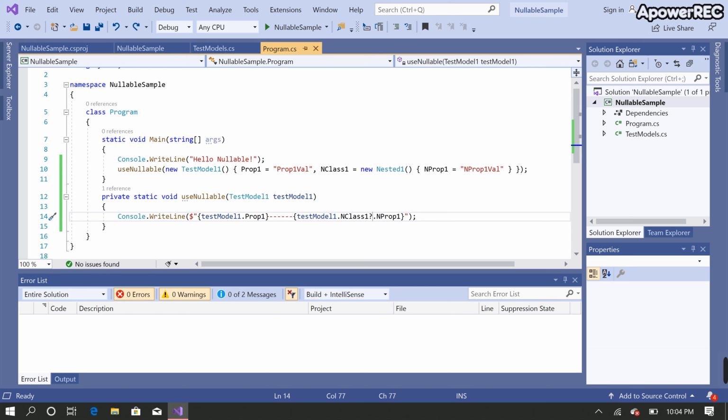So you can see that as soon as I added the question mark back, then it removed